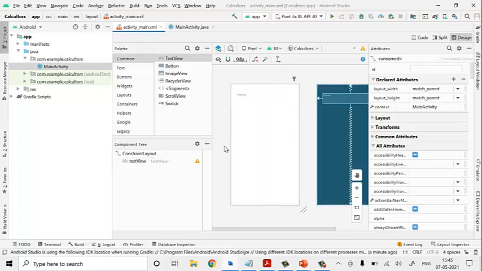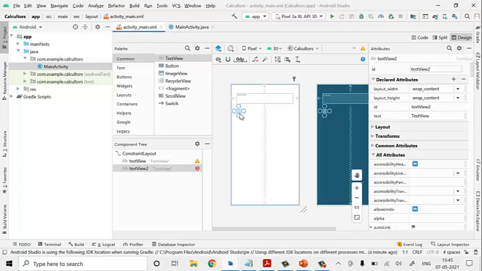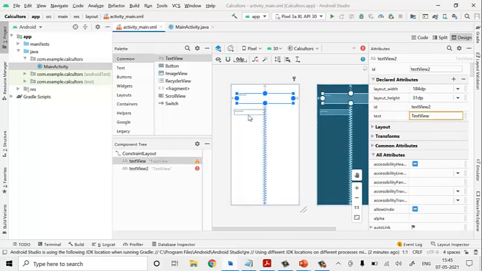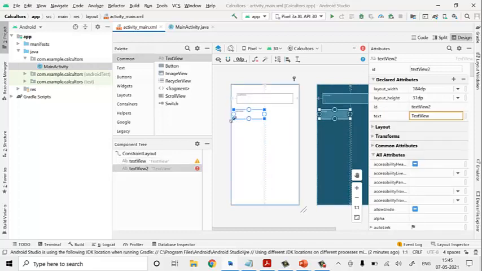Okay. Now again I require another text view. Why? Because to label it, "Enter number 1". So I'll take this text view and place it here. Take it and drag it to this part, to display "Enter the number".